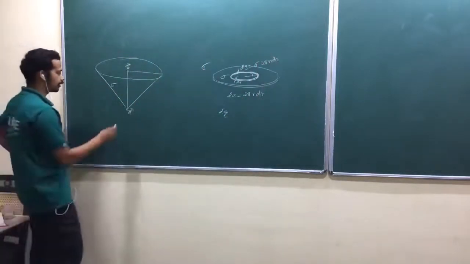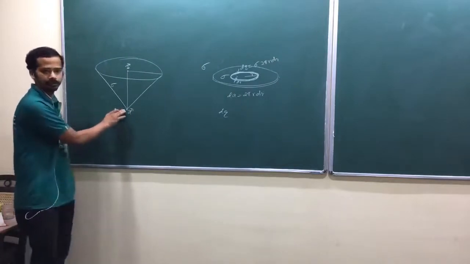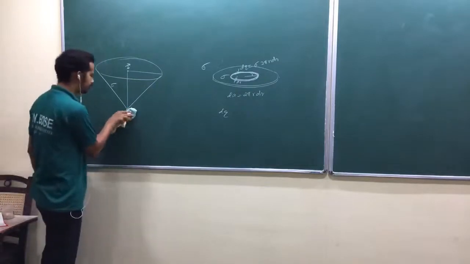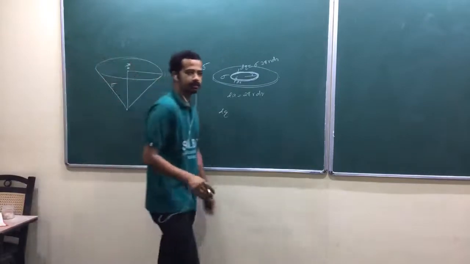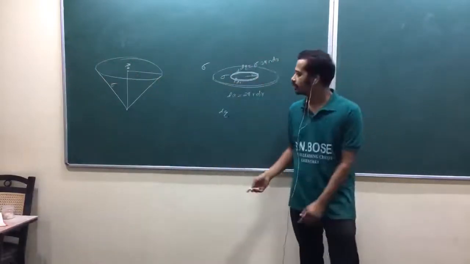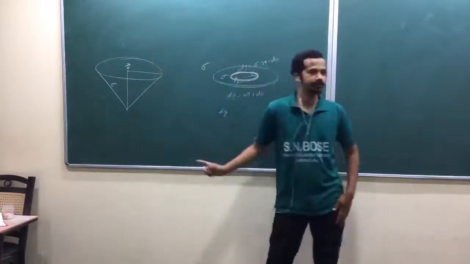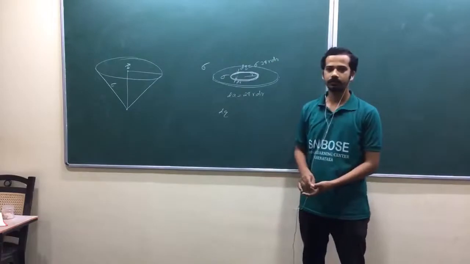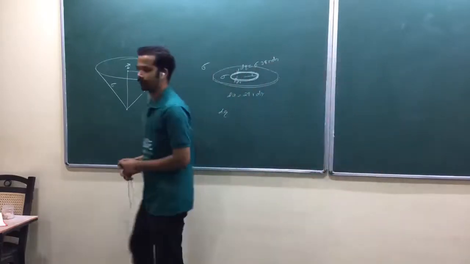But look at here. Suppose you are finding the potential from this point. Again you can use your ring problem, isn't it? The cone is a collection of rings of various radii, but you have to integrate vertically. Here you have integrated like this, so now you have to integrate vertically also. That is the small difference here.